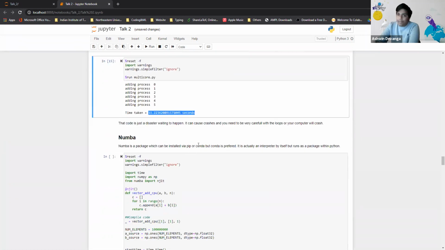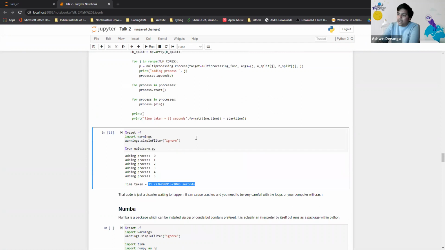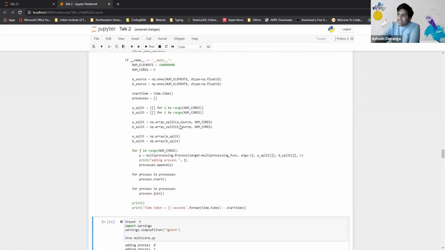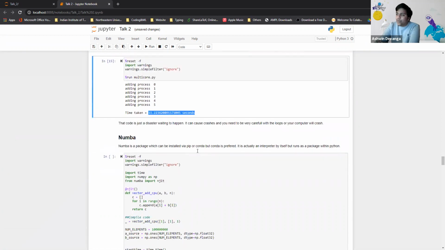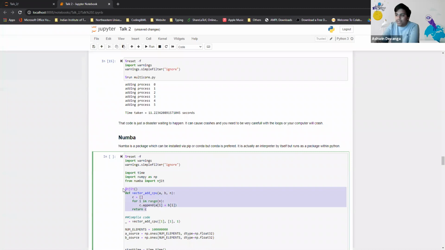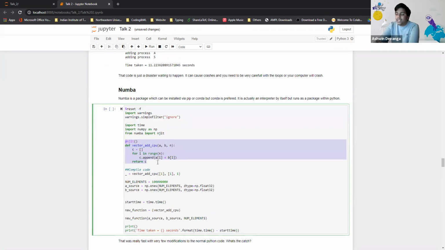Now, when it comes to Numba, it offers the same functionality as this with a lot more. What Numba does is it first compiles the script into a C program in a way, but it doesn't give you a C file. Instead, it just caches it inside the memory. So the first time you run the script, it is going to take the same time as